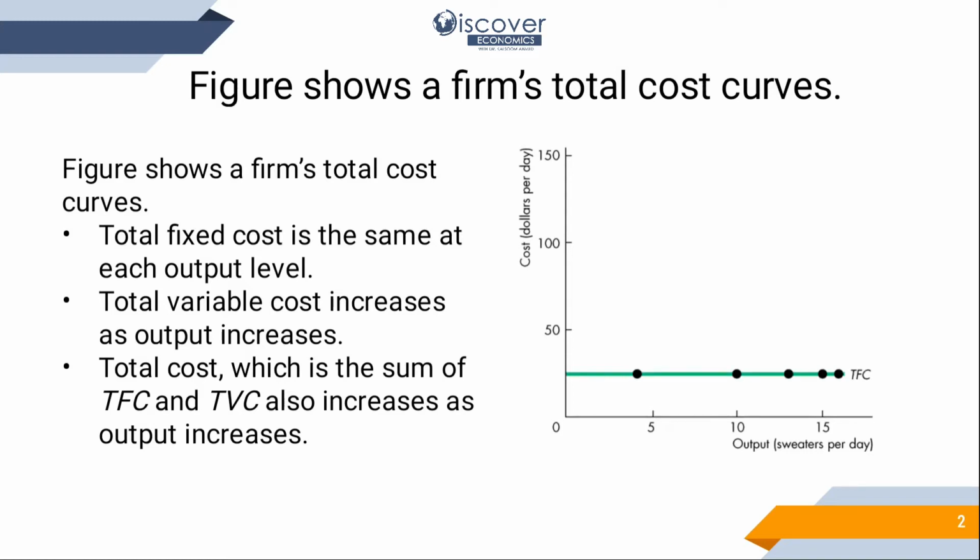So no matter whether you are producing very little amount of items or you are producing bulks of the products, the total fixed cost will stay the same in the production of all. Then we have total variable cost. Now what is total variable cost? That is a cost that a firm incurs while producing more and more items.